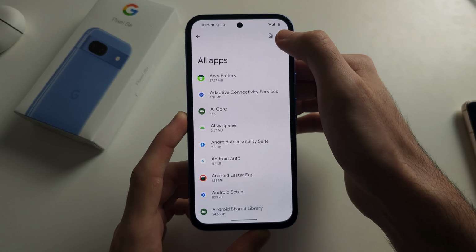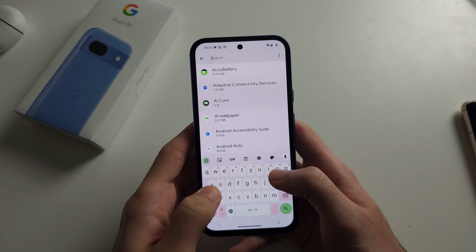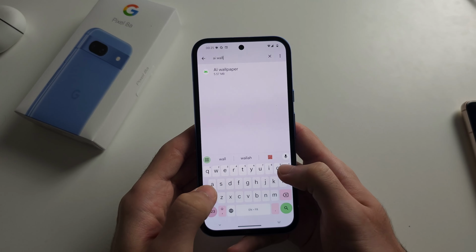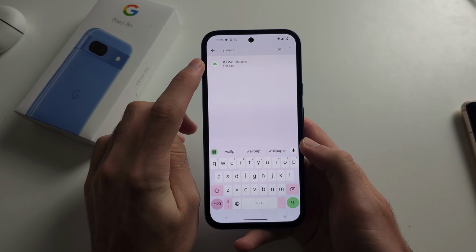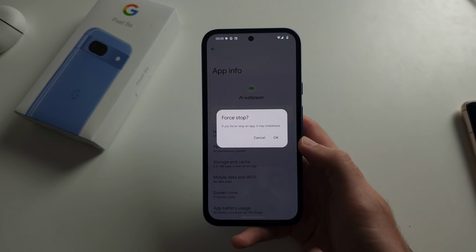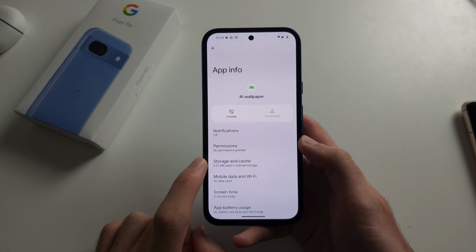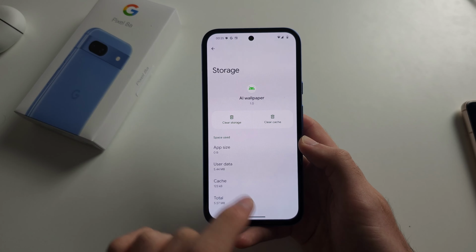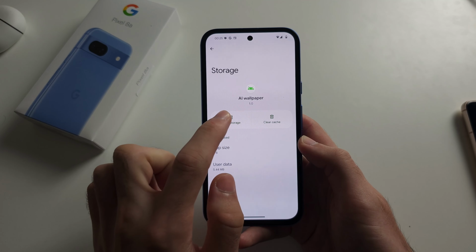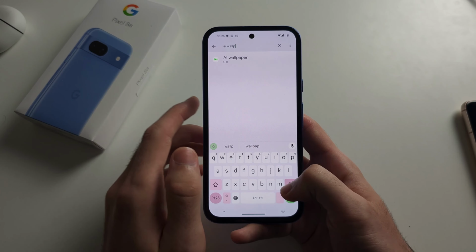Now we're going to tap the search and we're going to first search for AI Wallpaper and tap on AI Wallpaper. Stop AI Wallpaper, then go into Storage and Cache and clear the storage for AI Wallpaper. Then we're going to search for